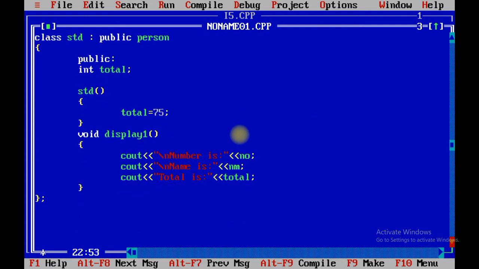Because student and employee both are the type of person. So I am going to create class employee, make the public person. Let us write public keyword.